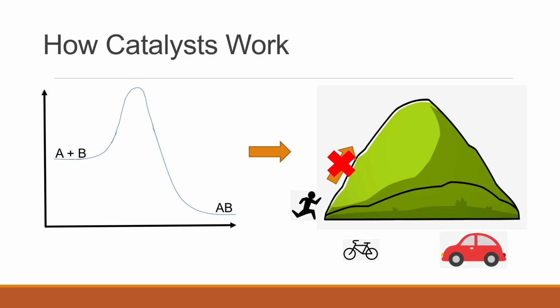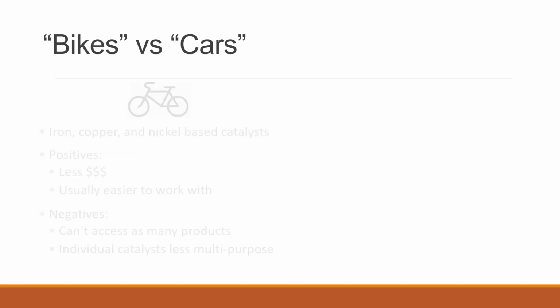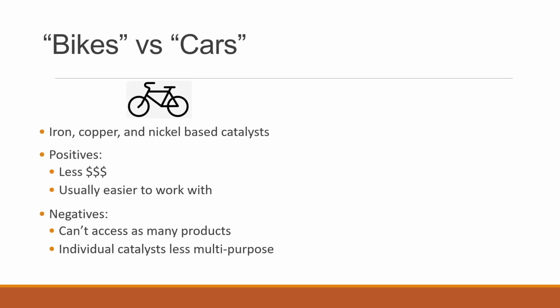These two types of vehicles can be used to represent the types of catalysts that we use in a chemistry setting. So let's start, in this case, with bikes. A bike would usually be used to represent some kind of iron, copper, or nickel-based catalyst, with the positives being that they're usually significantly less expensive and easier to work with than the car-type catalysts are. They do have the negatives that they can't access anywhere near as many products, and individual catalysts themselves are significantly less multi-purpose, only allowing access to one or two specific reactions without the need of significant modification of the actual